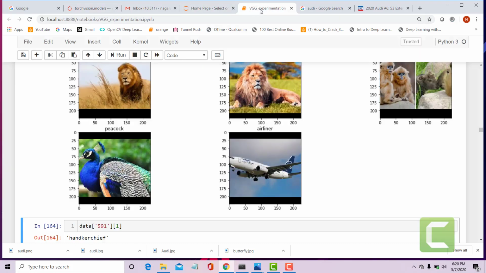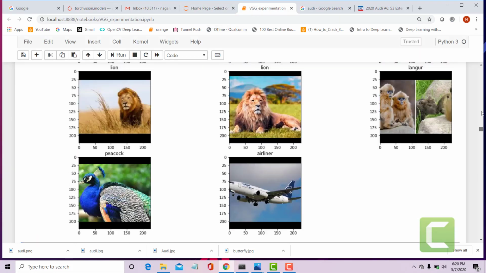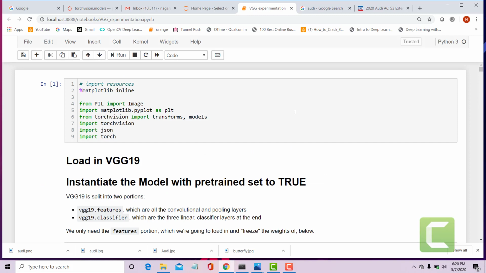So here is the program that I'm going to show you, and of course, guys, you need to install Jupyter Notebook, or at least you can do this in Google Colab as well. Google Colab is very easy, but Jupyter Notebook you can also easily install on your Windows or Mac PC, and you can work with these models.